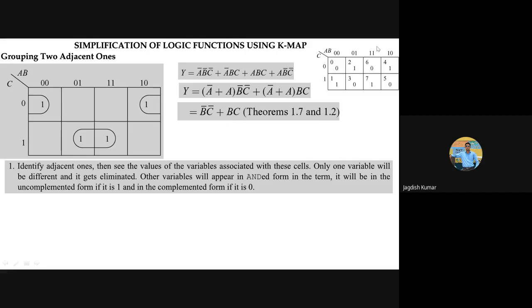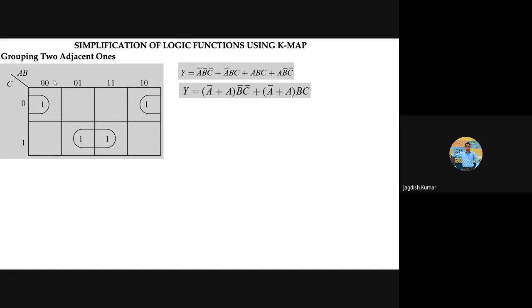But why have I brought it here? I brought it here so that you could see what terms are there. So A bar, B bar, C bar means there is a 1 here. So okay, we don't even need this table. From here we can write down. If there is a 0, 0 here, that means A bar, B bar. If there is a 0, it means this is the variable, this is the variable, this is the variable.